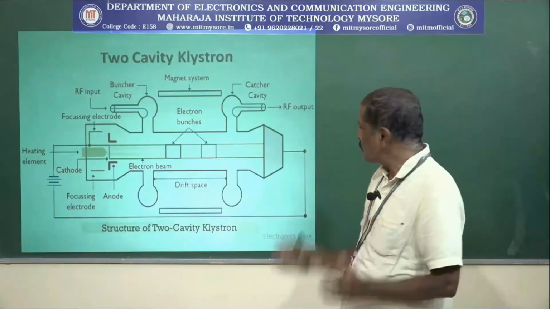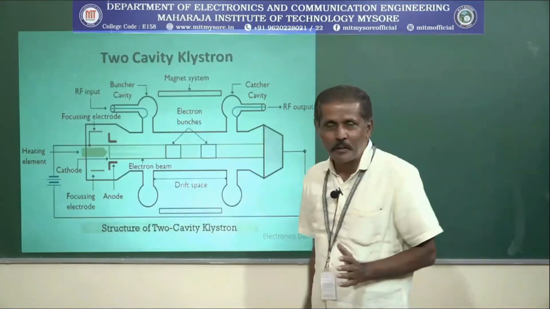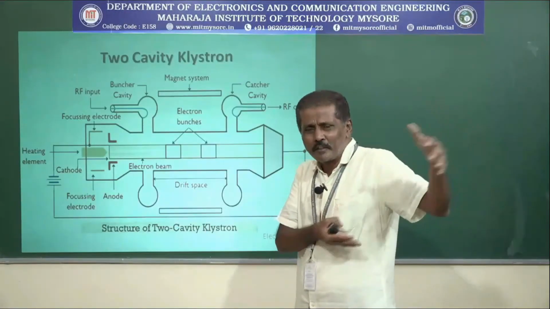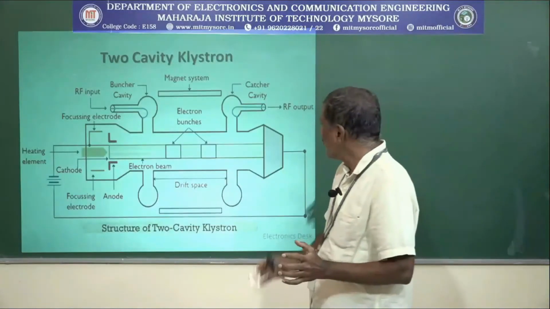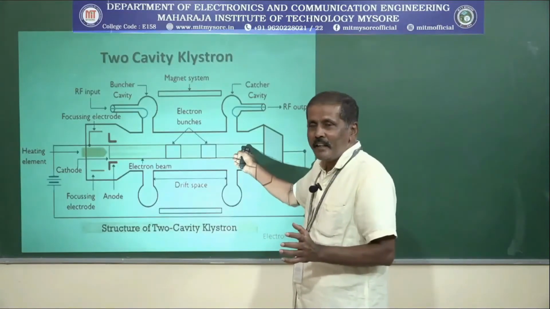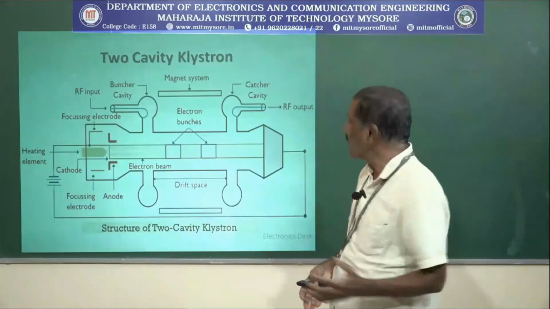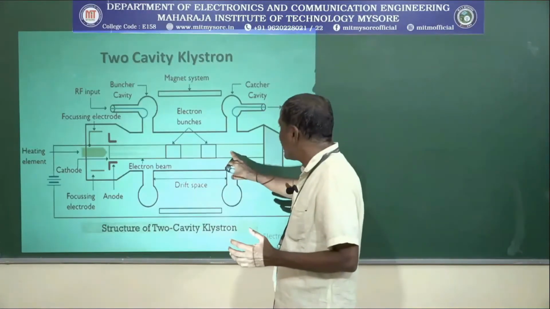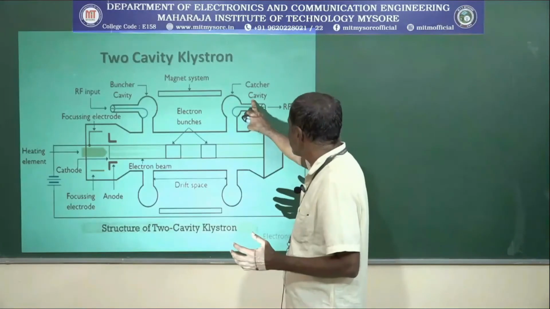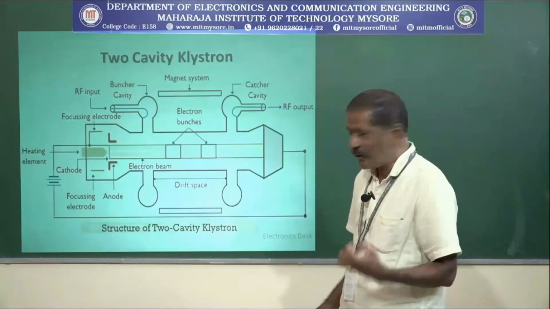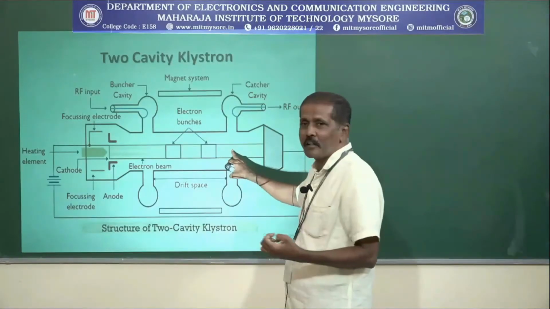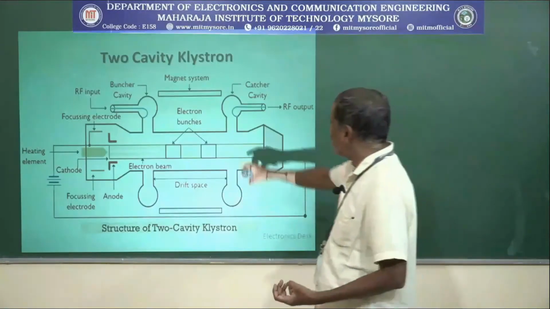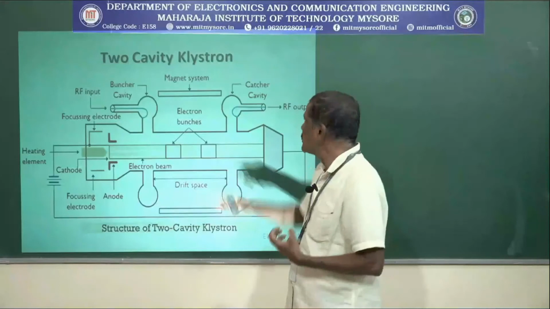If the energy transferred by these electrons is the same as the losses occurring, then there is no amplification. But here, thousands of lakhs of electrons are moving and bunched together, and when they transfer that energy, it is automatically more than the energy loss occurring in this tube. Therefore the amplified signal is caught from this catcher, because we are catching the signals. The energy transferred from the electrons to the field is converted into electrical energy, and this energy is taken by the catcher cavity.